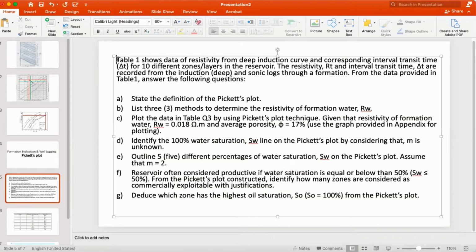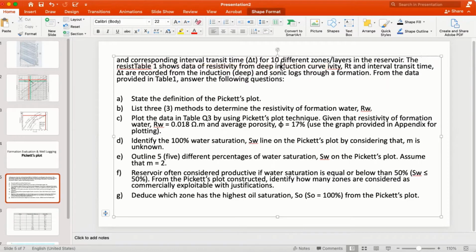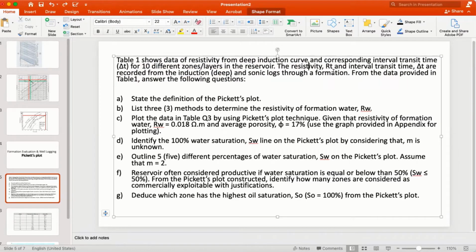So let's say Table 1 shows the resistivity data of the formation. These details are not quite important, because for the exam we need to plot the Pickett plot. So we just need to know how to plot it with the information given. We need to plot a graph of this one, the sonic